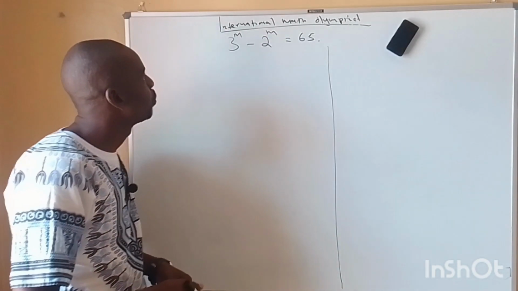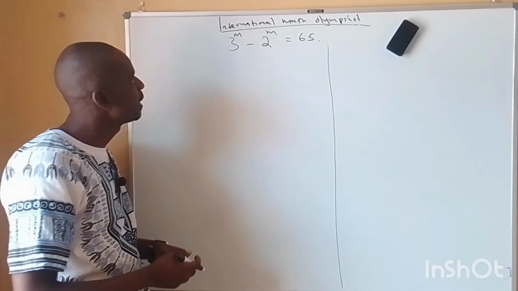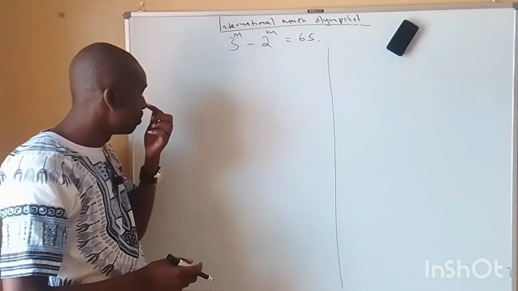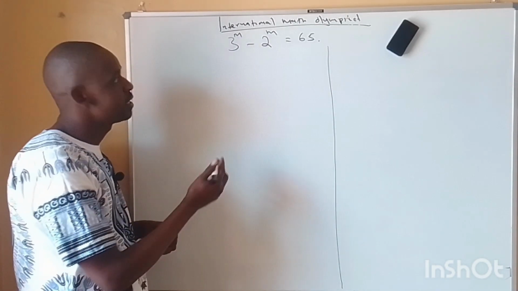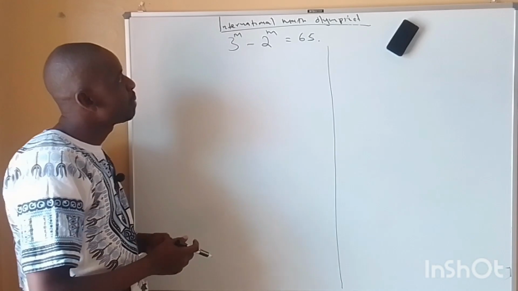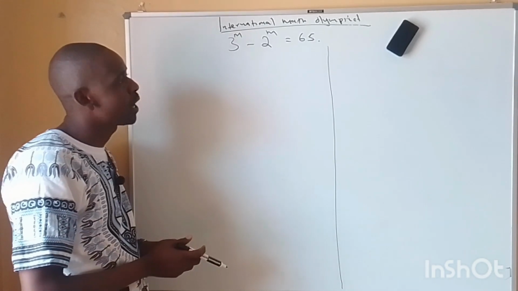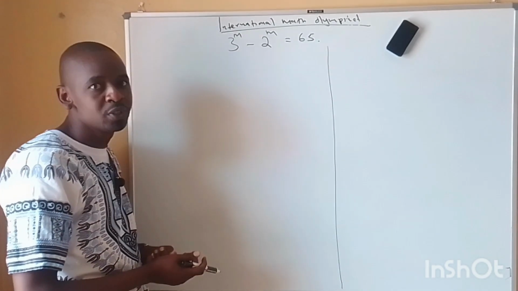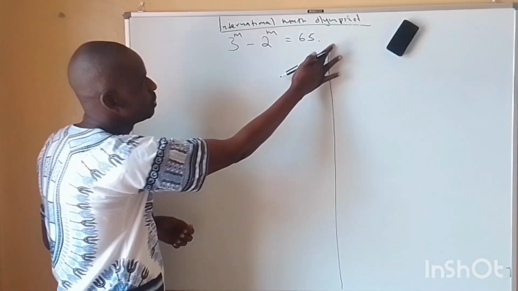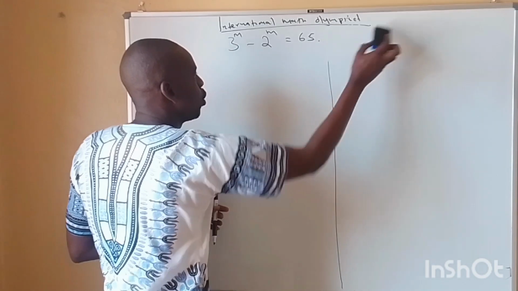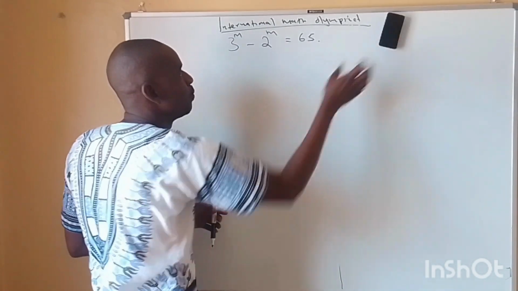Now today we want to look at a certain problem here, from the International Math Olympiad. The challenge is 3 raised to m minus 2 raised to m is equal to 65. So this is a little bit challenging, but when you look at the law of indices,